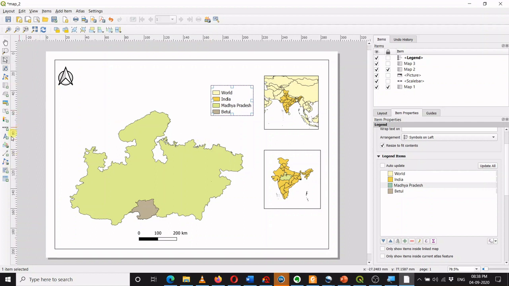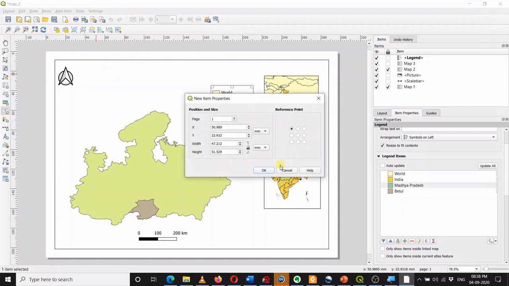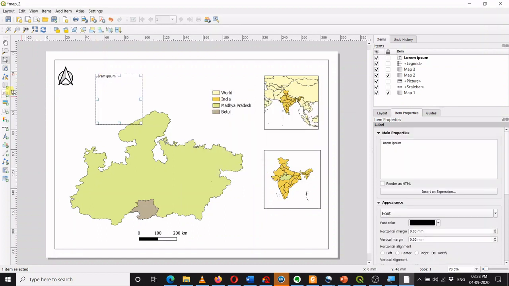I can also give a text box over here. I can add the content, map of Betul district, or since the larger map is Madhya Pradesh, I can say Madhya Pradesh, whatever you want.